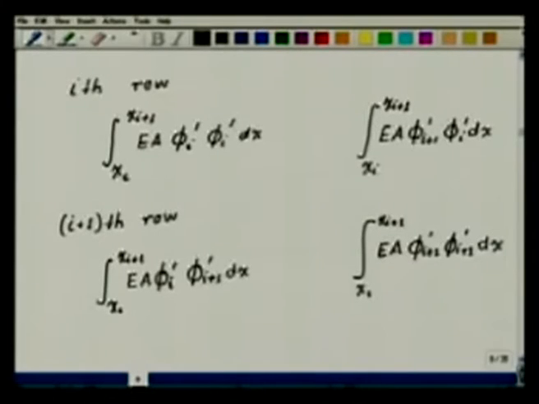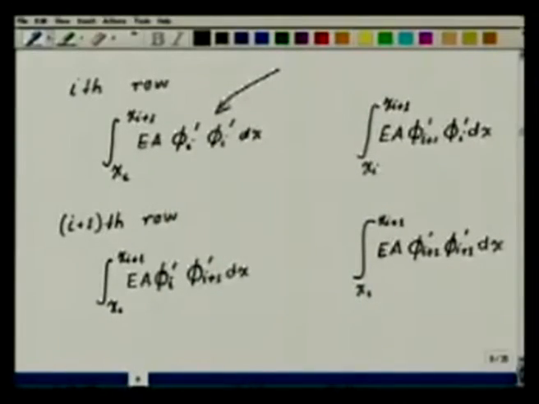So you see that these are the 4 entries in the global stiffness matrix to which the element contributes with non-zero entries. So what we are going to do is, we are going to call